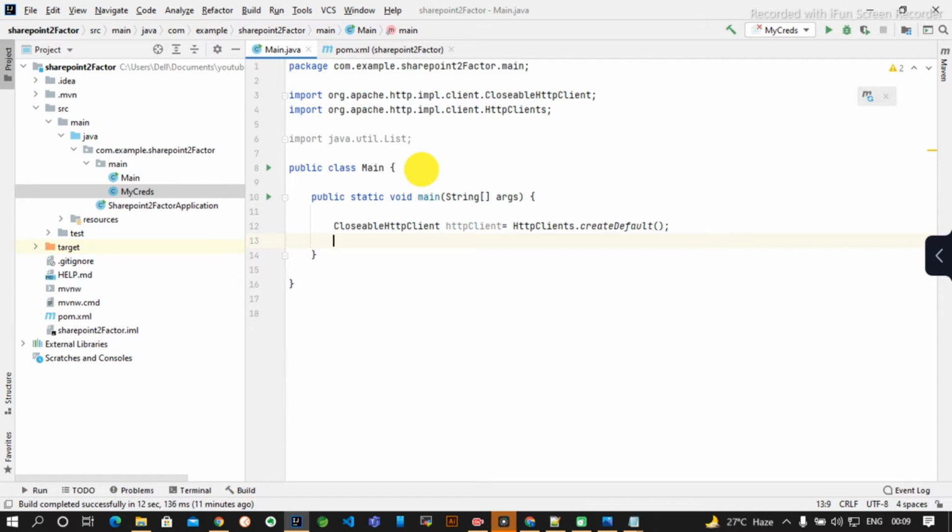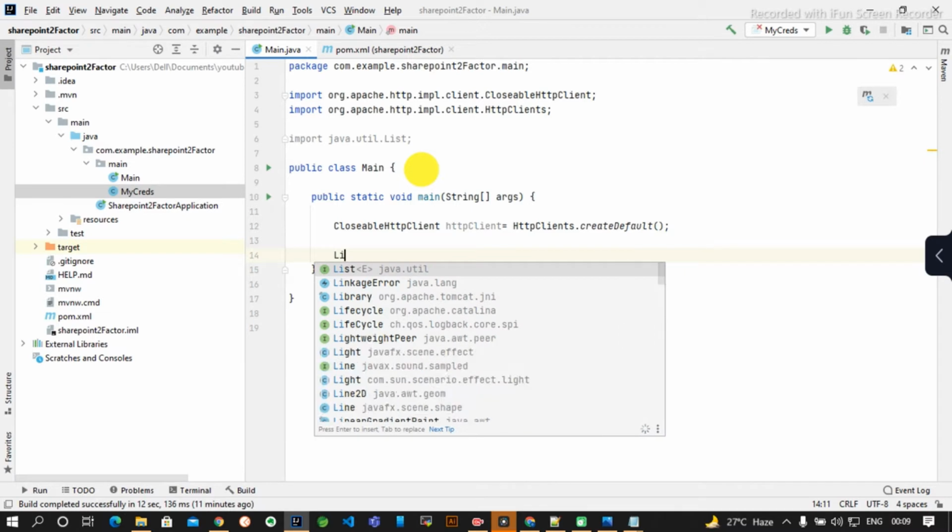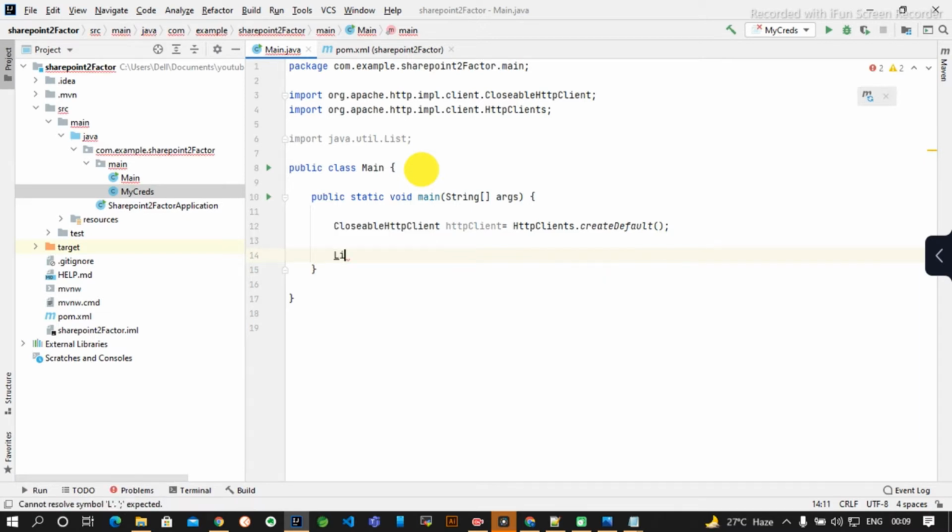Now I will write a couple of methods; just hold on, I will make you understand. A List of String, I am using generics, for the bearer realm and resource ID. We will send the HTTP client as the parameter.